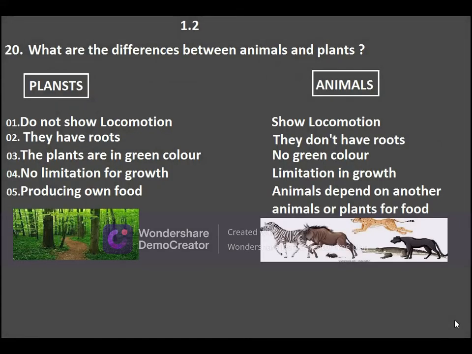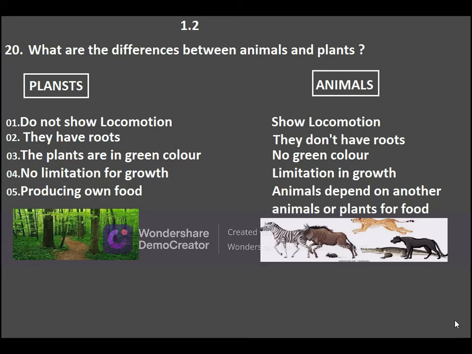20. What are the differences between animals and plants? Let's see those differences. Plants do not show locomotion. Animals show locomotion. Plants have roots. Animals don't have roots.